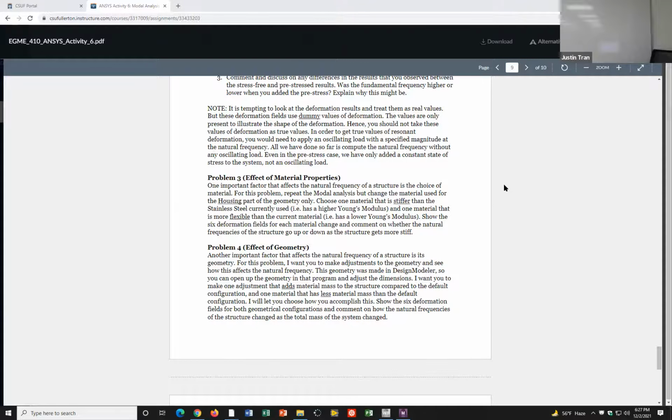This is what's happening. This is like 318. I see. So all the materials and everything is None, with a fixed support.